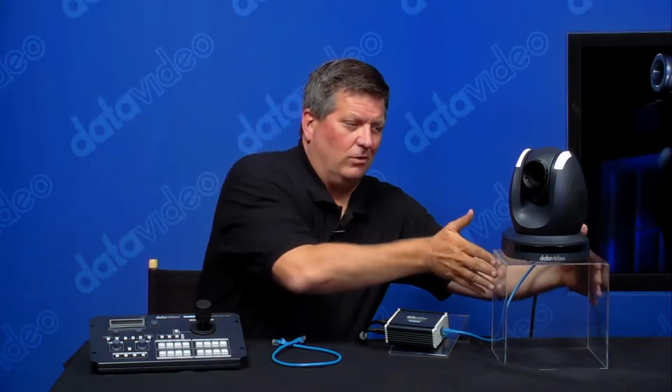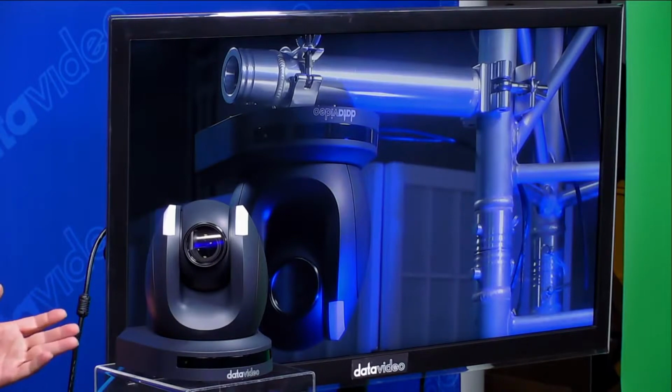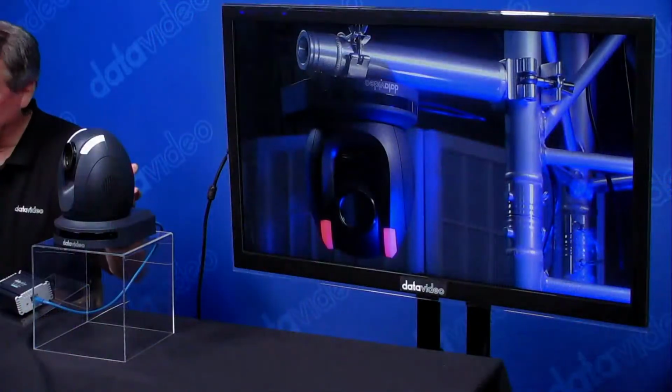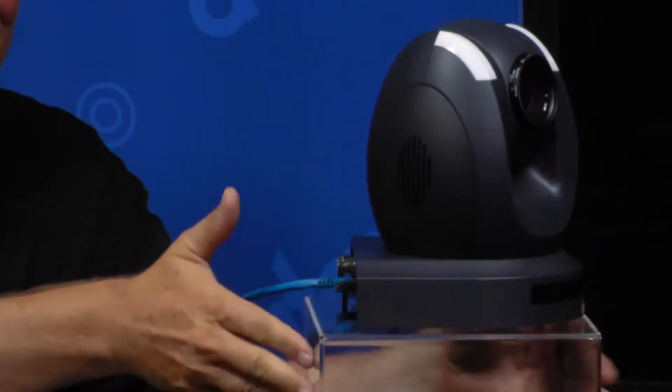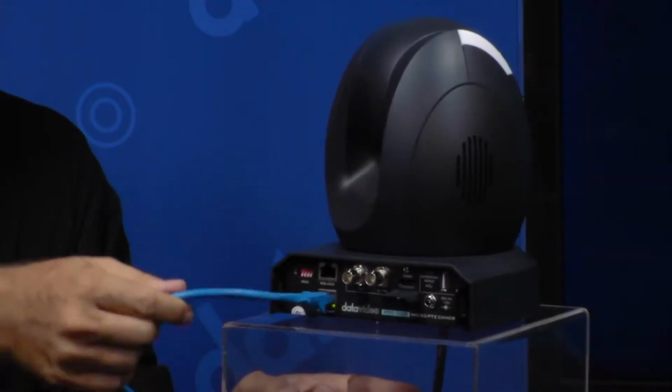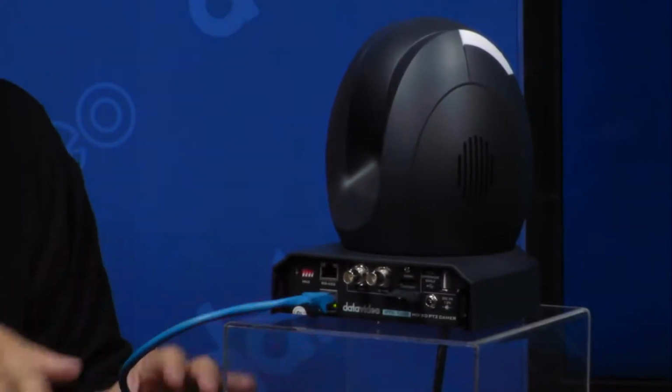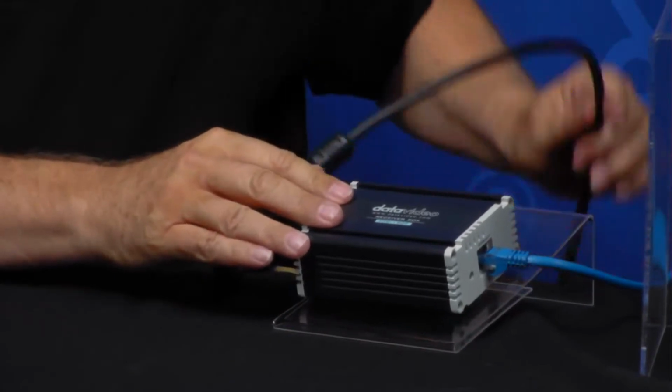Let me show you the back of the unit here. By the way, all the camera angles that you see in this video are all being shot with a PTC 150T. So let me turn this around real quick, and you can see that there's one cable here. You can see this cable right here that's connected to this receiver box. And the receiver box takes the video and then converts it to an HDMI signal, which then can be connected